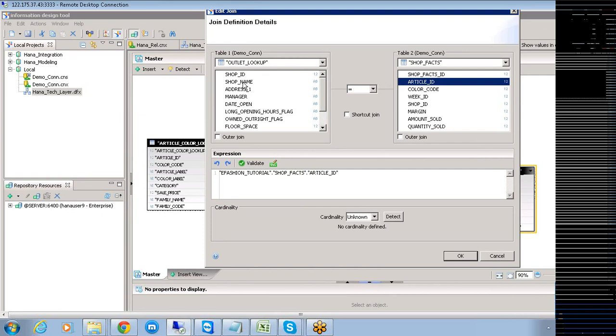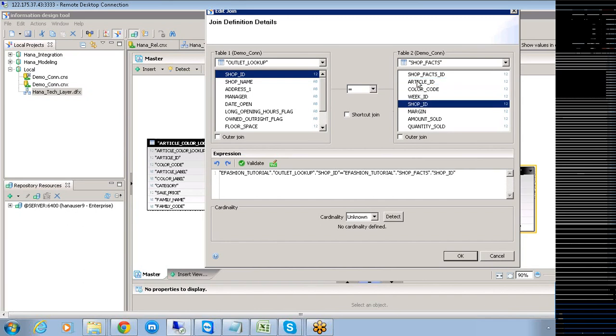Article ID and then this article ID. So here it is going to be your shop ID and here it should be your shop ID basically, right? And this shop ID. When we have these two tables, then only we'll be able to specify the join between these two tables, right? Then only we can have the option of specifying the joins between these two tables.